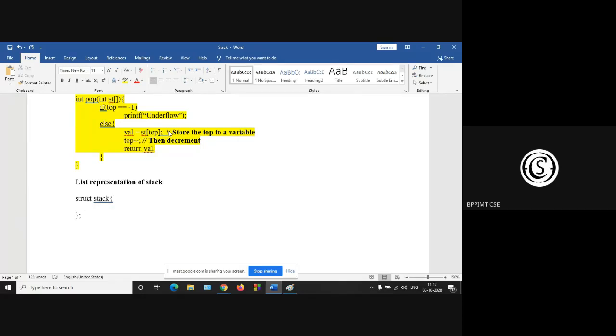The first part is the data part. We are using the SLL for representation of the stack, right?